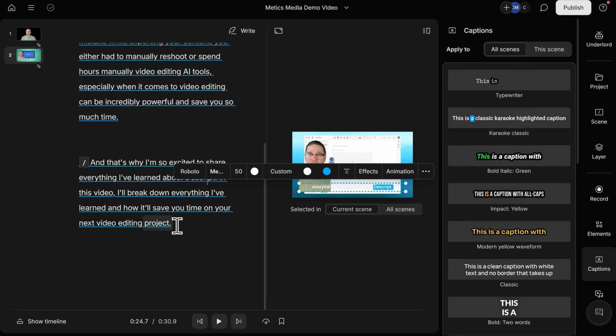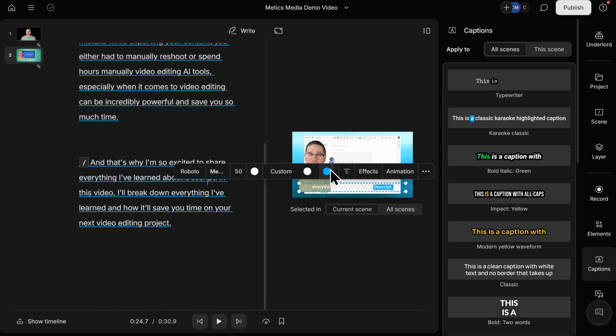And you'll see my text in my transcript has a blue underline. That means that this content within my transcript is appearing in my video's captions. Here in the preview panel, you'll see my captions appear here. Within the preview panel, you do have a few different options for changing your captions colors and fonts, but to